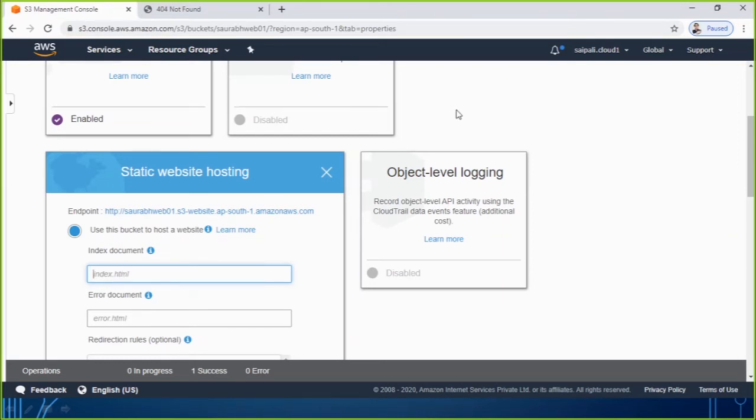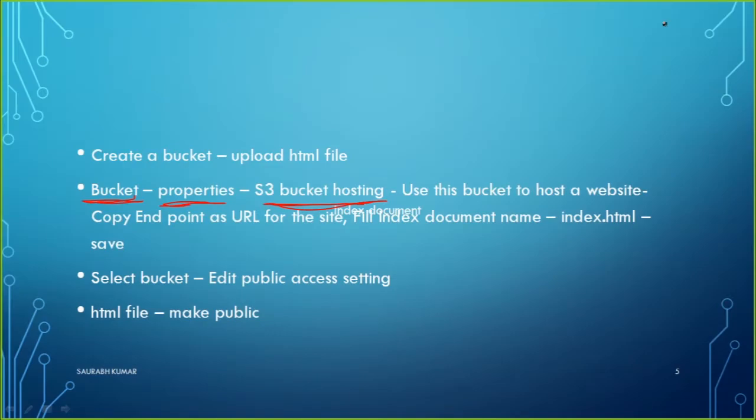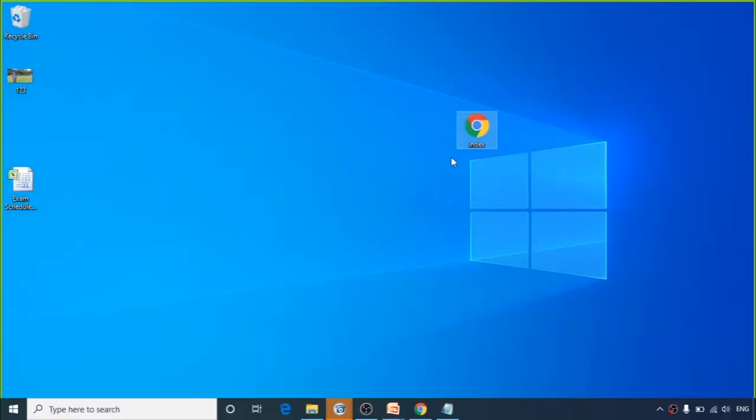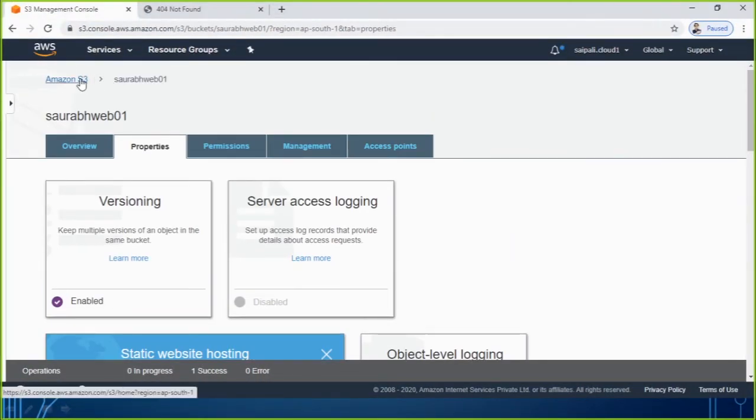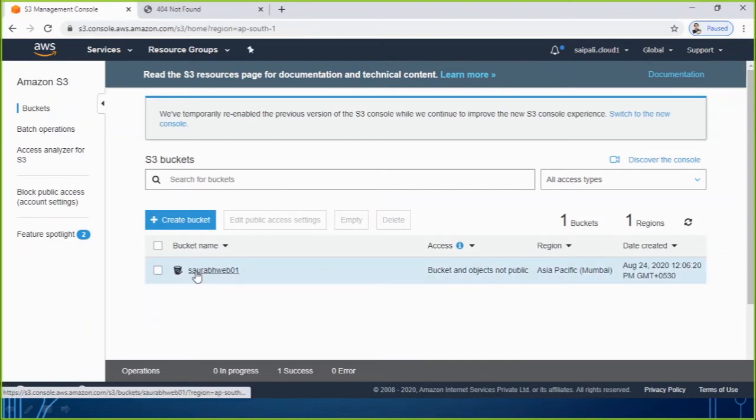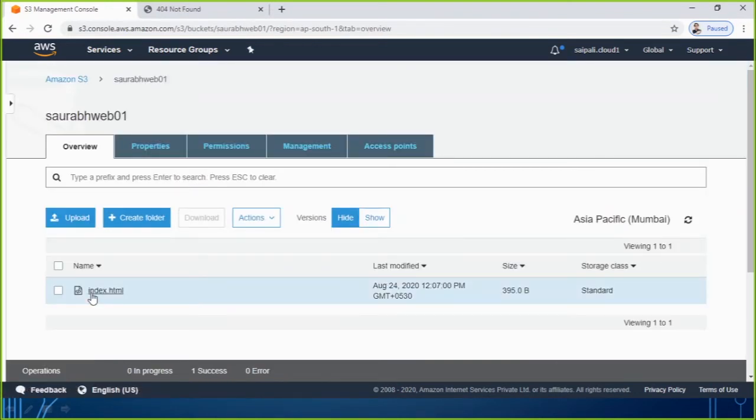So do you remember the file name? If I tell you from my desktop also, this is the file which I uploaded. So what is the name of it? Index.html. The .html is not showing here because it is a Windows machine, and the extension is hidden. But if I go again to S3, inside the bucket, the file name is index.html. So this is the name it was asking me.